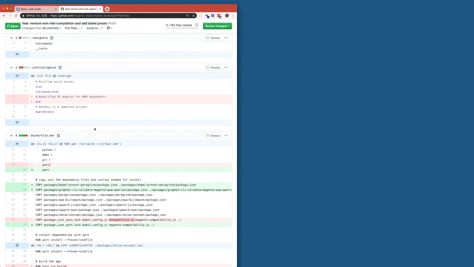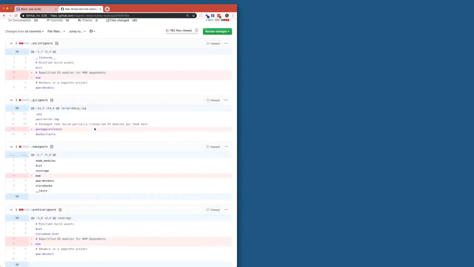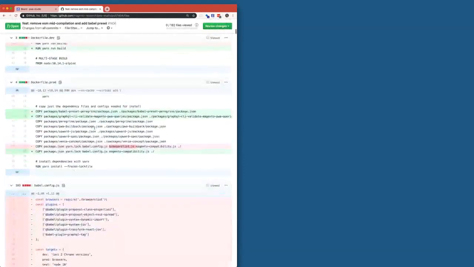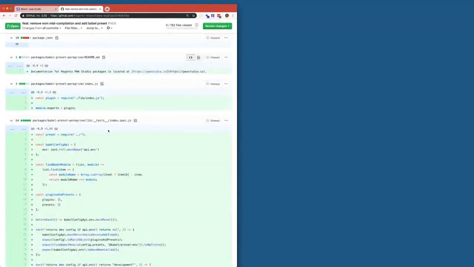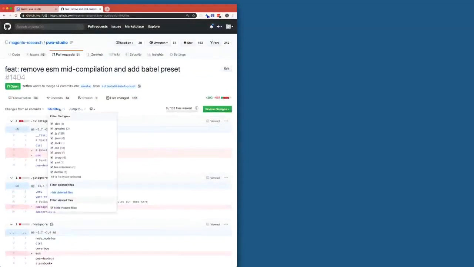But now how do we make sure that all of the code that comes into Venia is using the same set of rules that the builder can understand and that Babel can transpile? What we've done is we have added a preset for Babel that we use commonly across the project instead of having a single Babel configuration at the root. And what that's done is we've moved a lot of the existing Babel configuration that's down there at the bottom, which is, where's the Babel config? Let me try to,